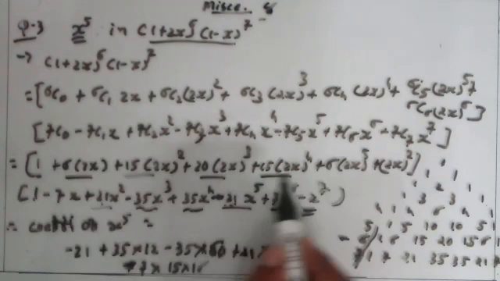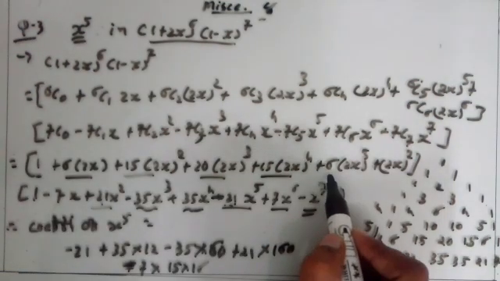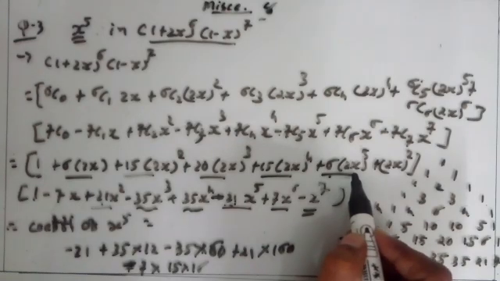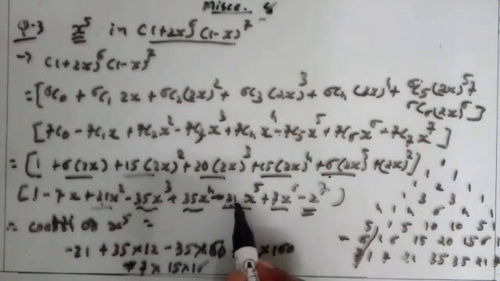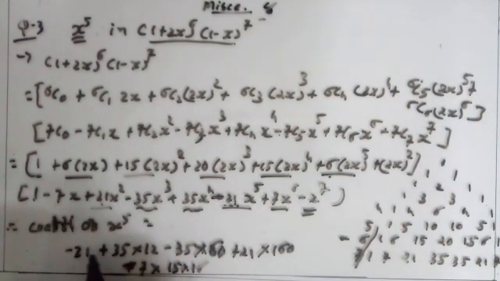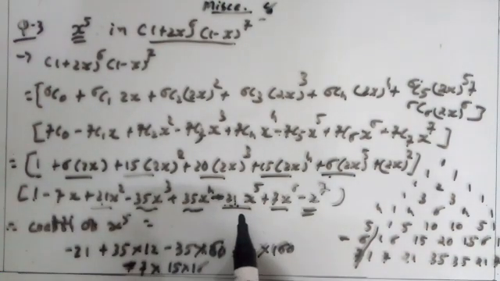Here 1 into x raised to 7, or 21 x raised to 5 into 1. Okay, then here